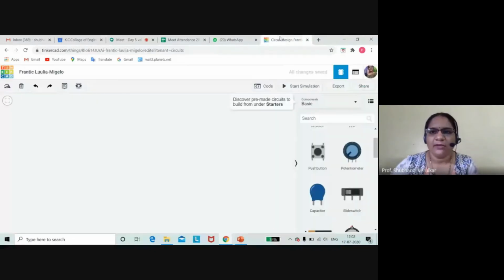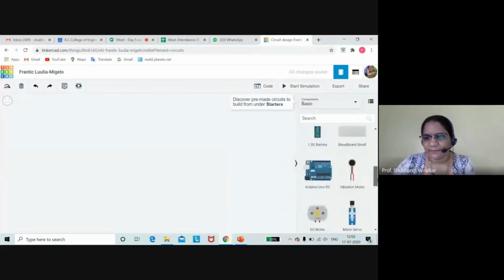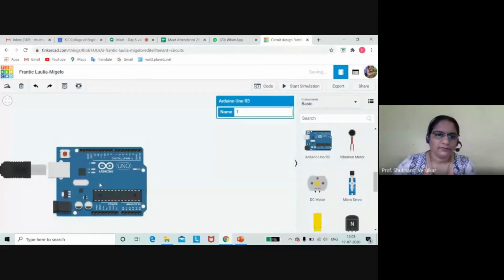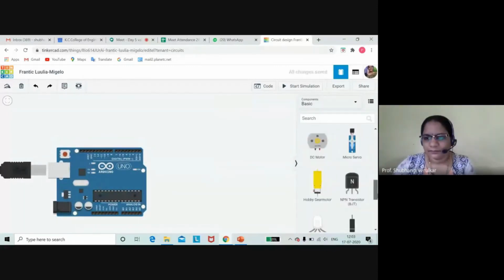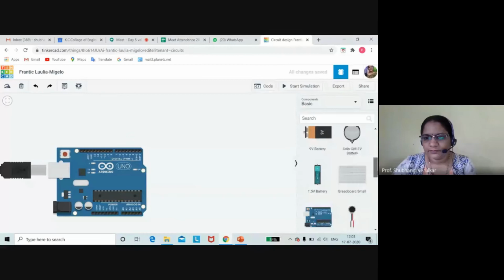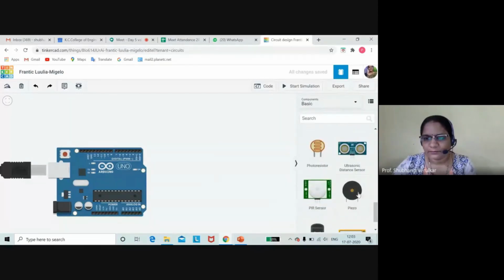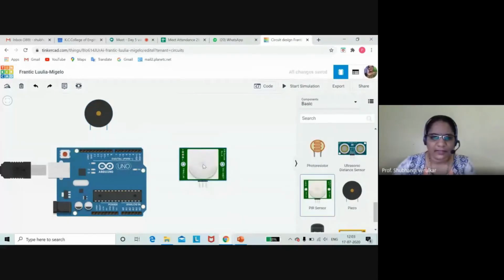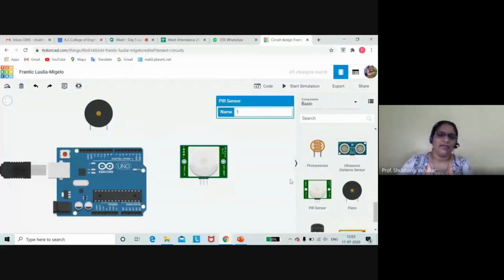We are going to design a touchless doorbell. The components you mentioned are the ones we are taking. Don't worry, we have taken only 3 components.